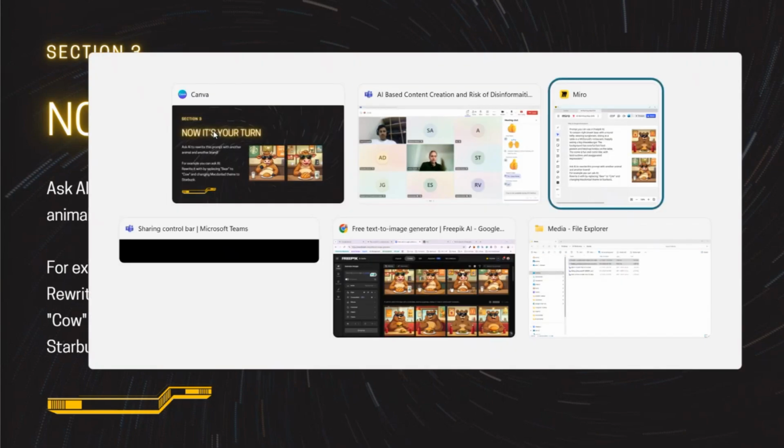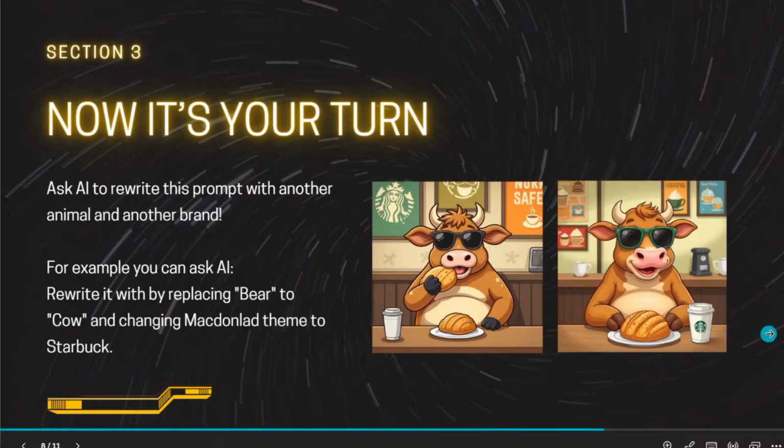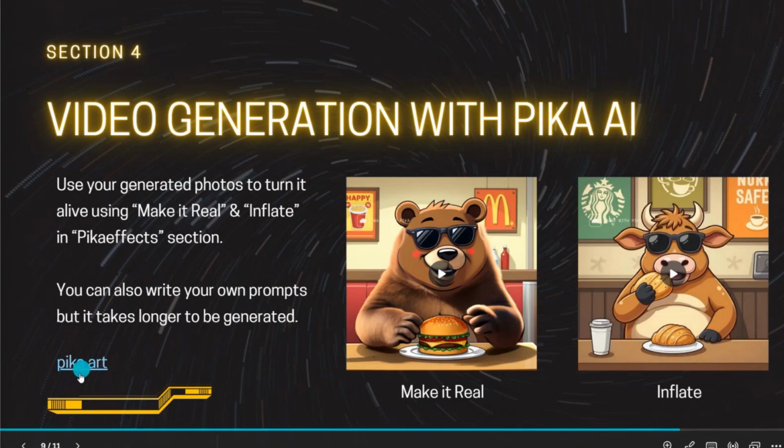Pika, and I can show you here. Here are the results from Pika. And let's jump into the next AI service, and it's for video generation, and it's called Pika AI, and here is the URL. You can type this pika.art inside your browser,